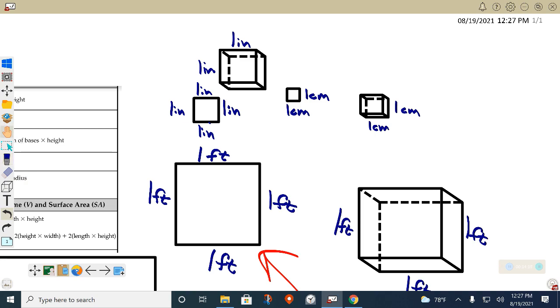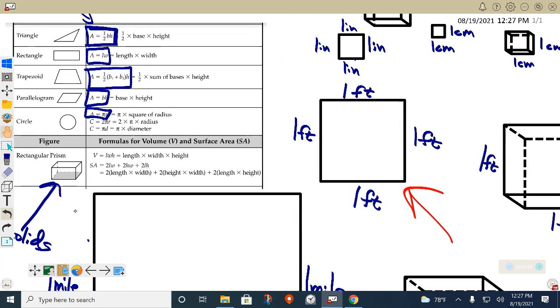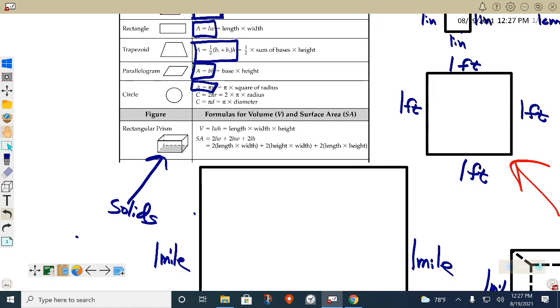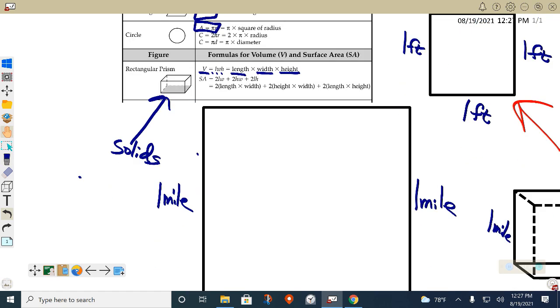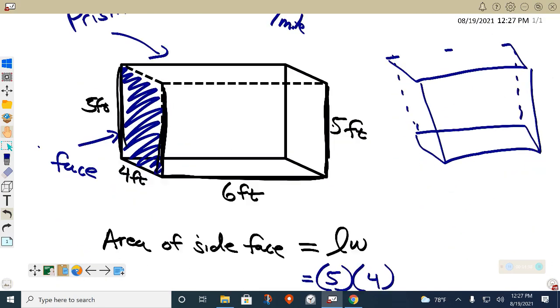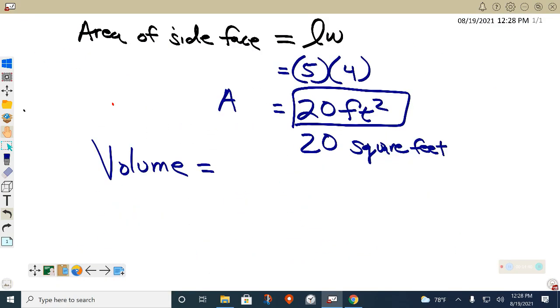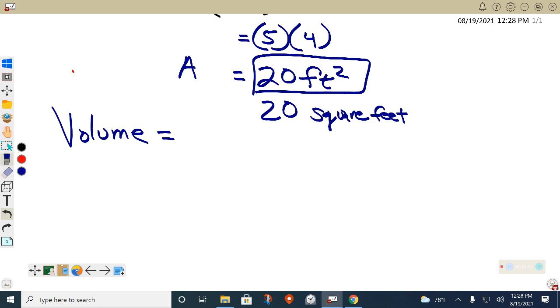Okay, so let's find the formula. Look at the formula right here. It's on your formula sheet. I actually copied and pasted that puppy. Volume, length times width times height. LWH. Just multiply those puppies. So let me come down over here. Length, width, height, 3D, 3 dimensions now. So the volume then,